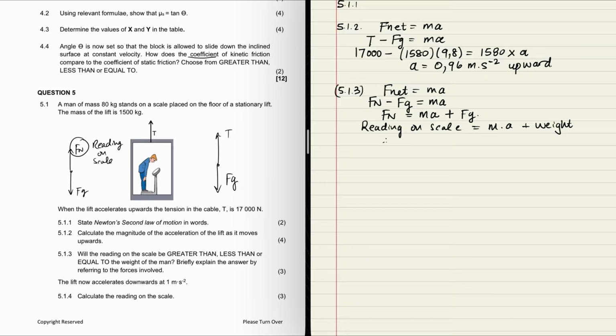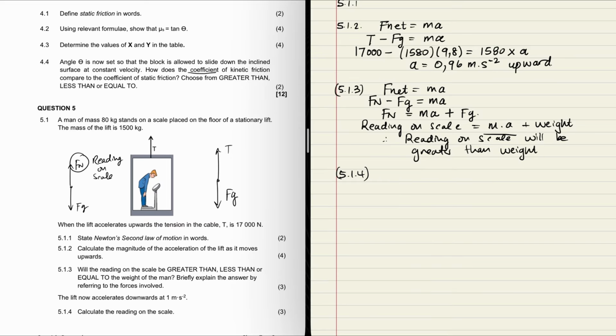So therefore, the reading on the scale will be greater than the weight. Because it's clear here that we are adding on ma. Moving on to the next part, the lift now accelerates downward at 1 meter per second squared. Calculate the reading on the scale. So